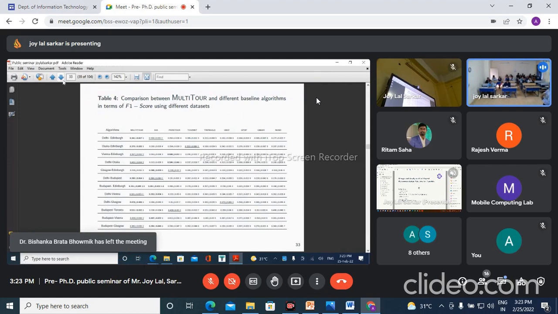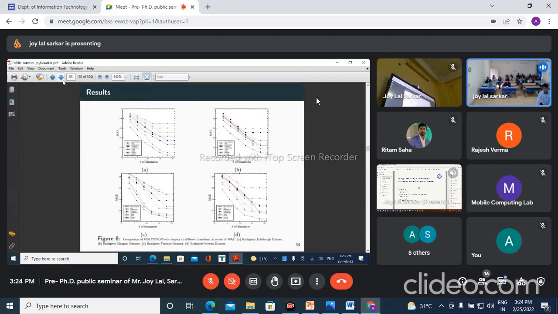Okay, we need to check it. Suppose my recall is fine but precision is not going well. So we need to balance between recall and precision. That's why we have calculated the F1 score. After that, this is all about some graphical representation. Due to these slides, the graph is not showing well, but if I show my full view of the slide, then it is properly visible. Okay, so these are all my algorithm.